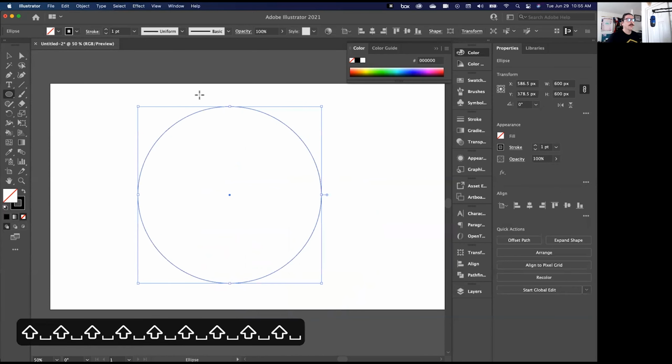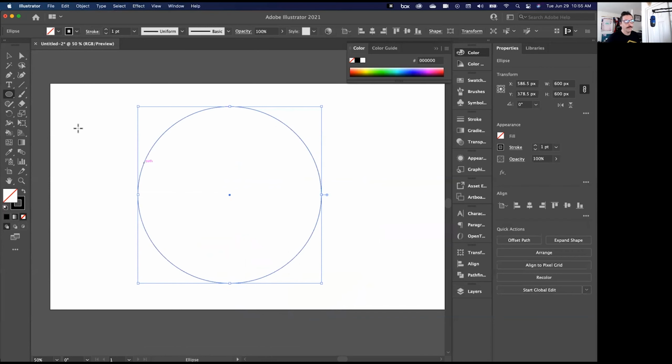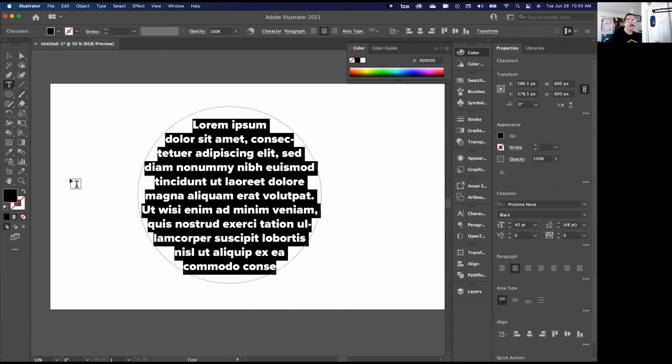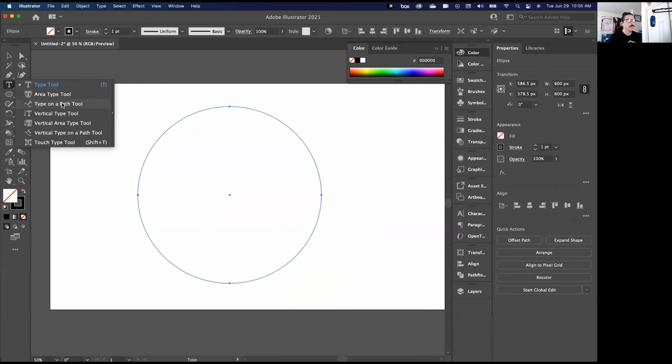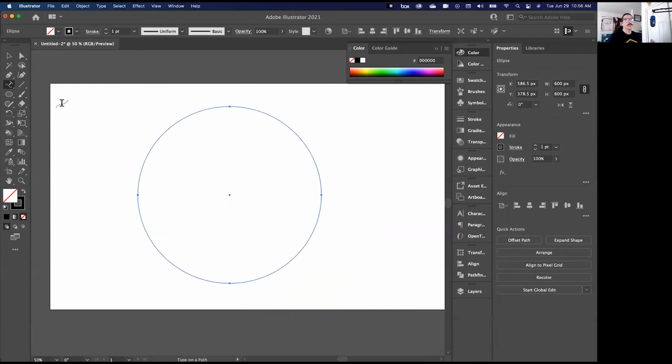Another thing, if you hold spacebar while drawing it, you can relocate it, or you can move it after the fact. But if you put a shape down with the type tool, when you click on it, it's text in a path, right? In an object. But if you click and hold on the type tool, you can switch to type on a path. And what this does is it instructs the type to follow your path. So if I click on the line of this circle that I drew,